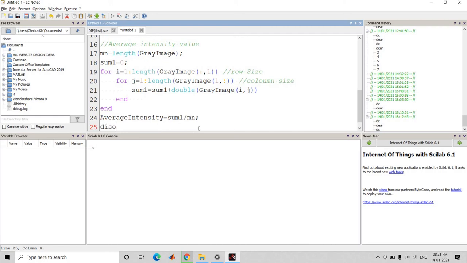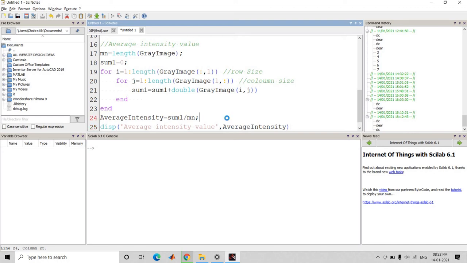For that, display of average intensity value, comma, copy this variable name and paste here. So it prints the value of the average intensity.